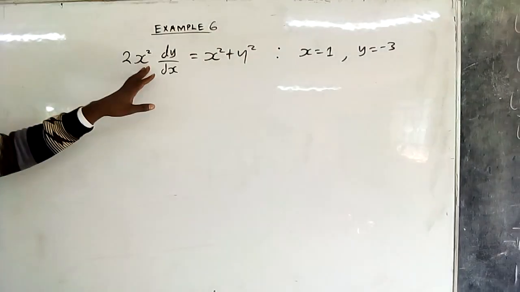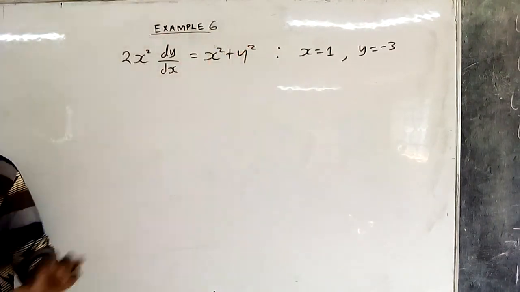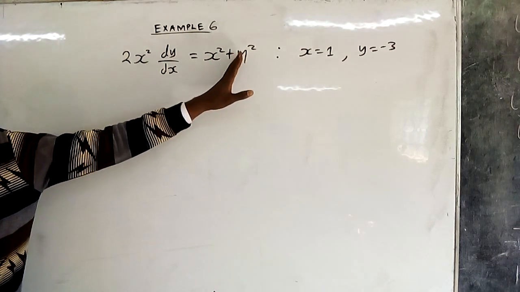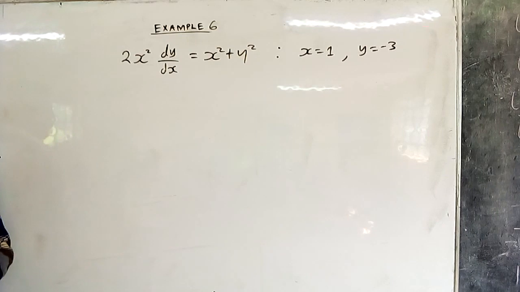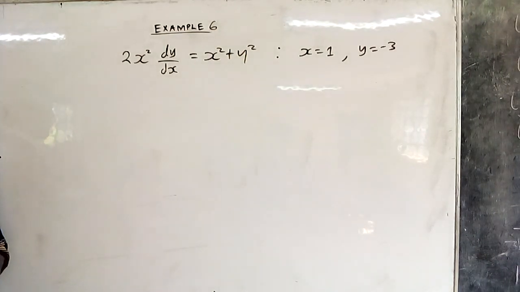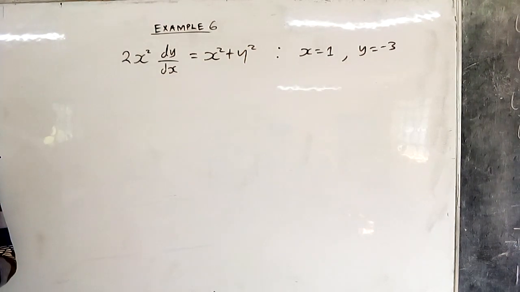If you look at this, we have more than 2 terms: first term, second term, third term. And you can see here we have y on its own and x on its own in 2 terms. So it is hard to use the method of separation of variables. Then after that you check if it is linear. It is not linear because the power of y is 2. You cannot write it in the form